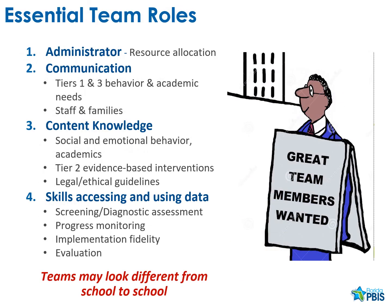For team roles, these aren't necessarily people except for that first one, but we are, from all the field and what makes Tier 2 successful, we know there's some essential team roles that need to be present. So we talked a little bit about that subset of Tier 1 connecting to Tier 2 and Tier 3. Here, we know, as usual, our administrator is a make or break. If we don't have an administrator present in this training and within this team, then we won't have the responsibility